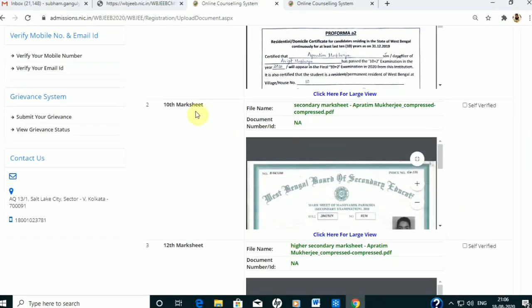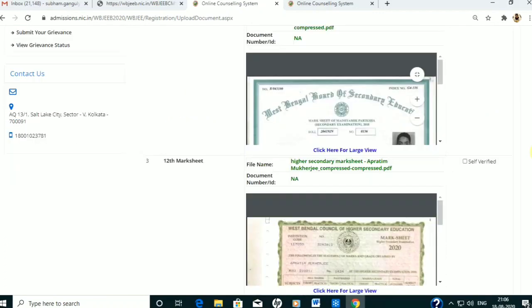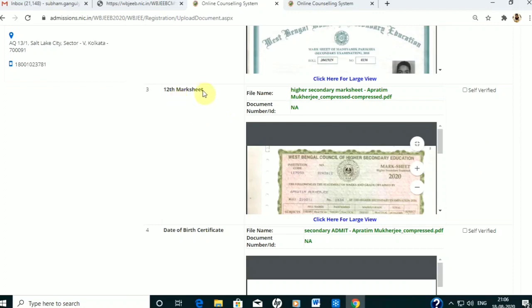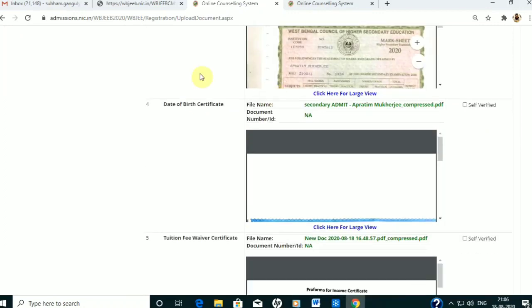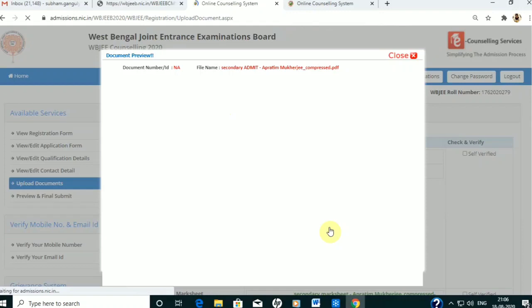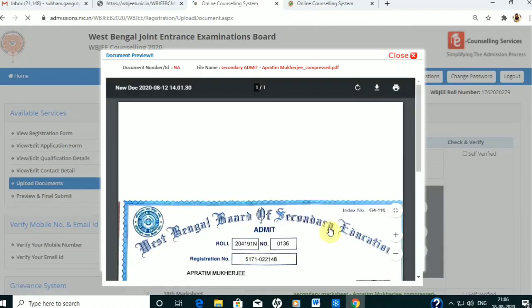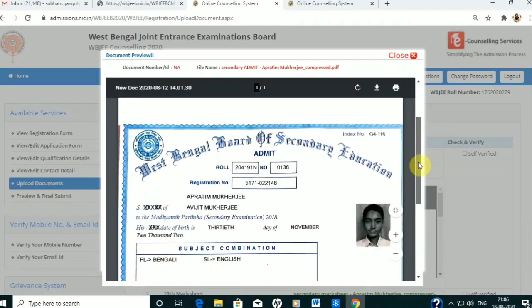See, as it is written 10th standard mark sheet, yes, we have uploaded the 10th standard mark sheet only. After that it is the 12th standard mark sheet, yes, we have uploaded the 12th standard mark sheet only. Similar is the case with date of birth, but it is not visible. So let us click here and get the bigger picture. Well, so we have uploaded the right one.